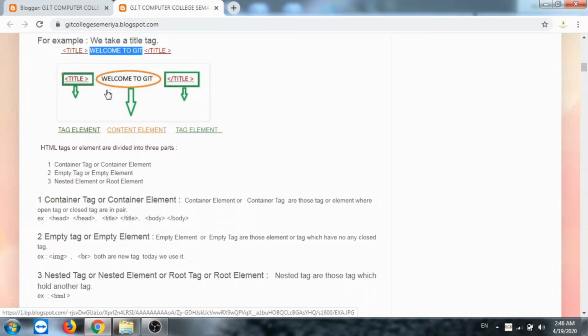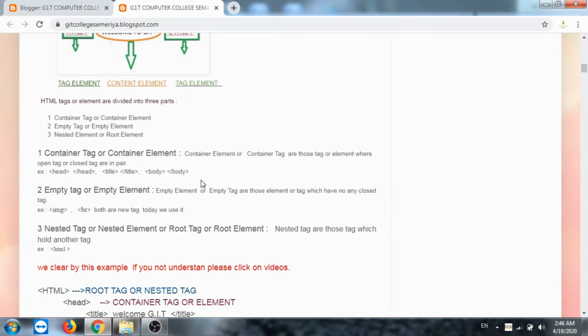Any tag which is written in a file in a pair is called a container tag. You see here the head tag is open here and the head tag is closed here. Same thing in title, same thing in body, same thing in the HTML tag. All these tags are container tags or container elements.